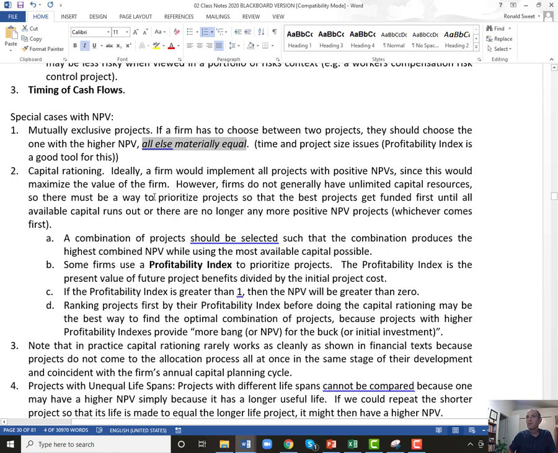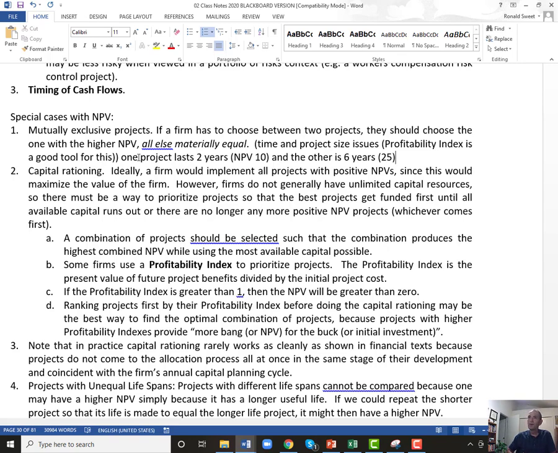But all else is almost never equal. And we'll talk about the profitability index. And let me give you a few examples. What if one project lasts 2 years and the other is 6 years? If the one that lasts 2 years, let's say it has a net present value of 10, and the project that lasts 6 years has a net present value of 30 or 25,